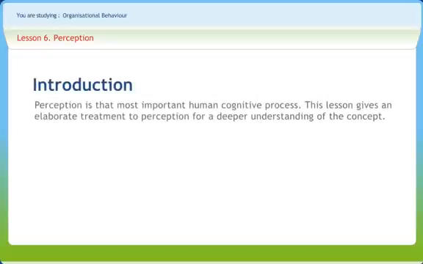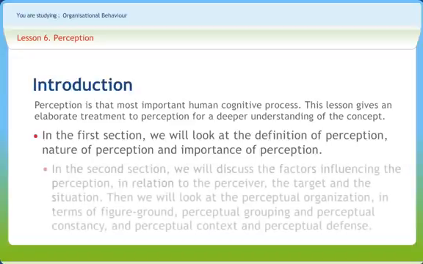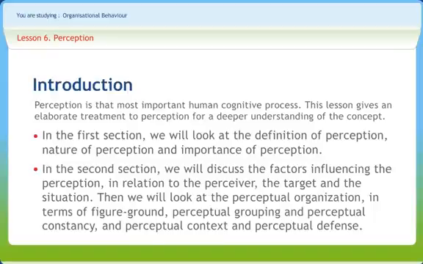Perception is the most important human cognitive process. This lesson gives an elaborate treatment to perception for a deeper understanding of the concept. In the first section, we will look at the definition of perception, nature of perception, and importance of perception. In the second section, we will discuss the factors influencing perception in relation to the perceiver, the target, and the